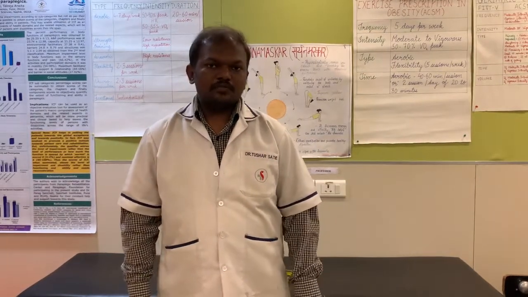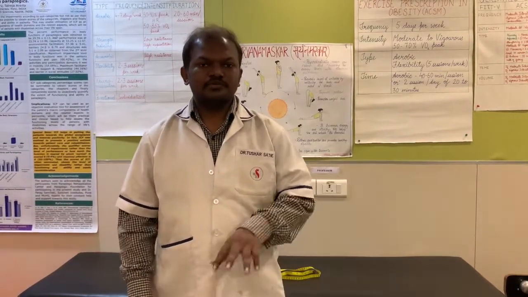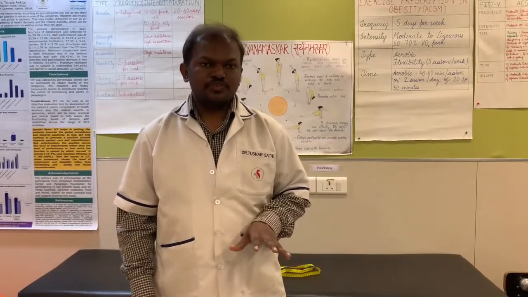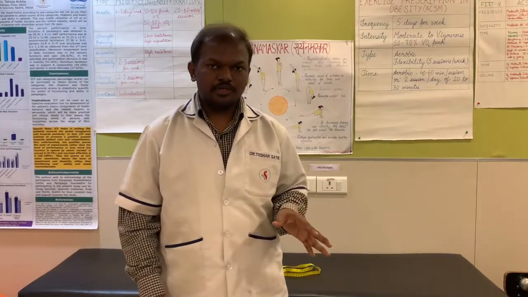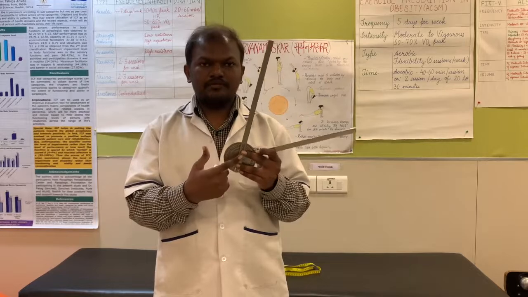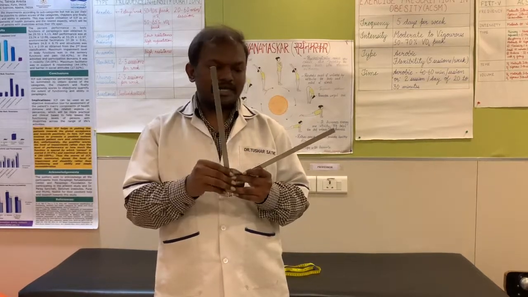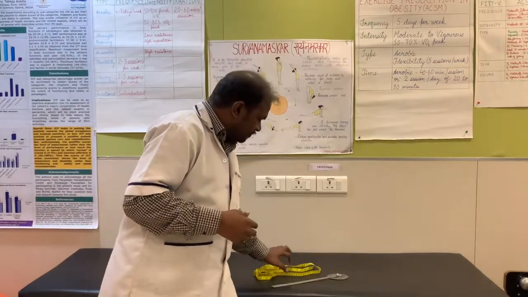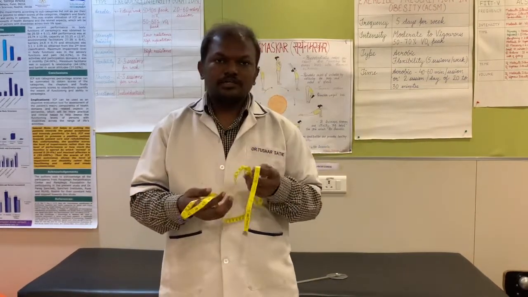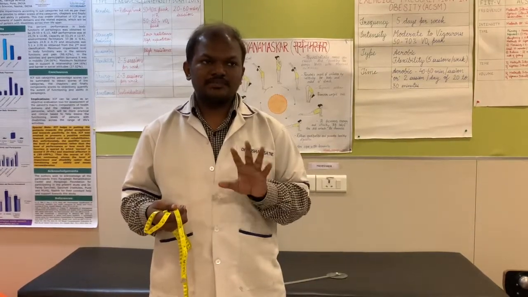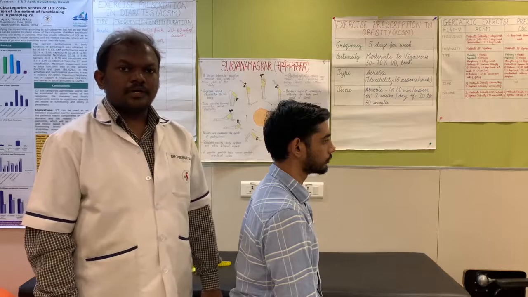As we have to check the range of motion at the cervical spine, we have a universal goniometer, which looks like this, in which we have a fulcrum, a movable arm and a stationary arm. And the second method is the tape. So we are going to see both methods for checking the range of motion at the cervical spine. Firstly, we will see what are the